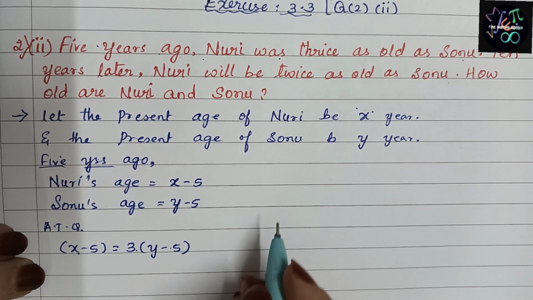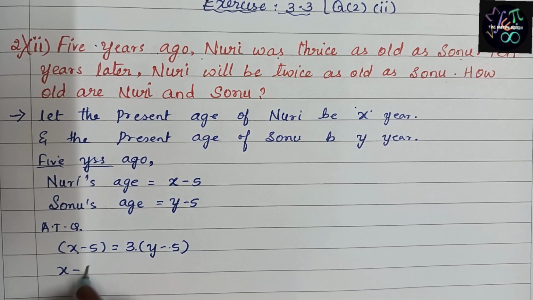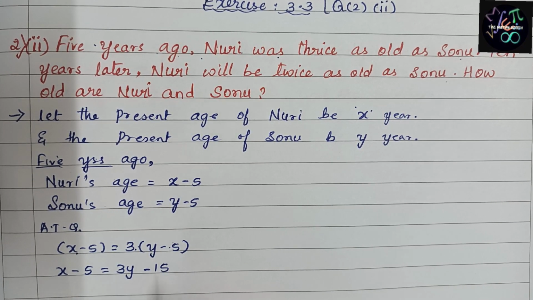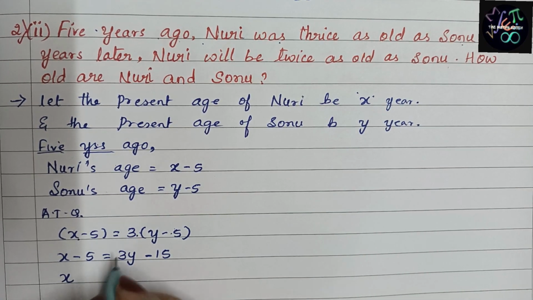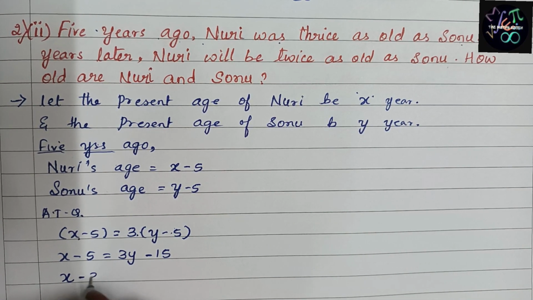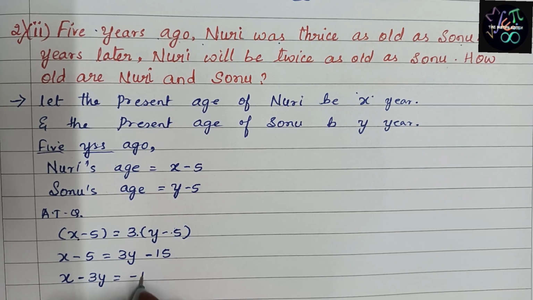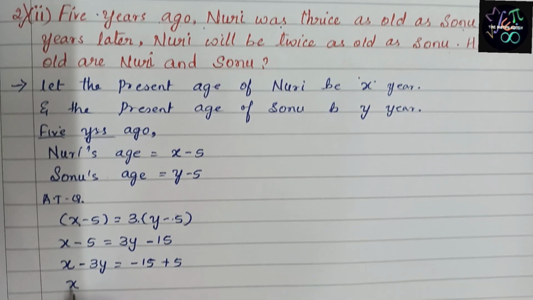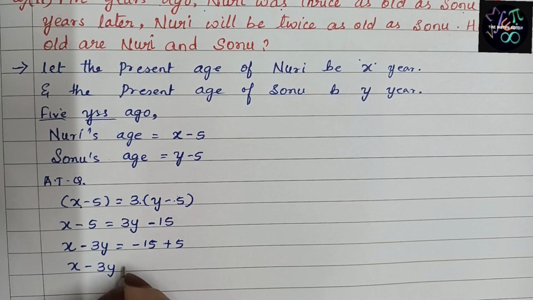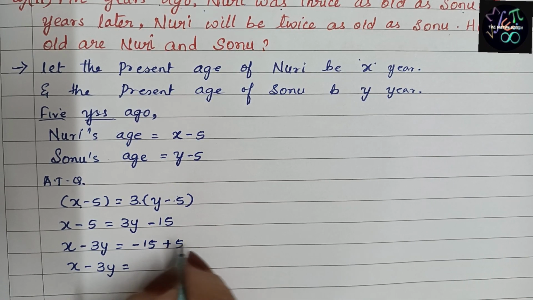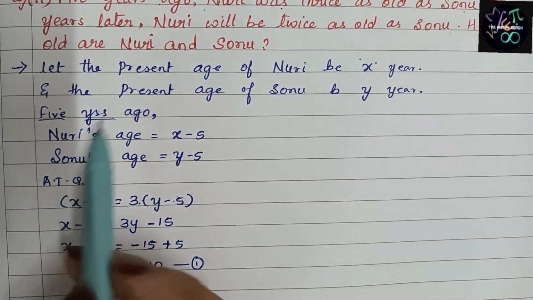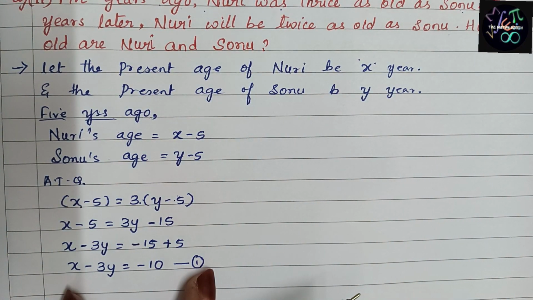Now let us frame the equation here. x minus 5 as it is, equals 3 into y, 3y. 3 5s are 15. We know the standard form. After x, we should bring y terms. Plus y if I bring this side, minus 3y. Minus 15 as it is. This minus 5, I am taking numbers one side now. So this minus 5 if I take this side, it becomes plus 5. x minus 3y is equal to minus 15 plus 5, that is minus 10. Bigger number sign, minus 10. This is our equation 1. This is about 5 years ago. We got one case, one situation.